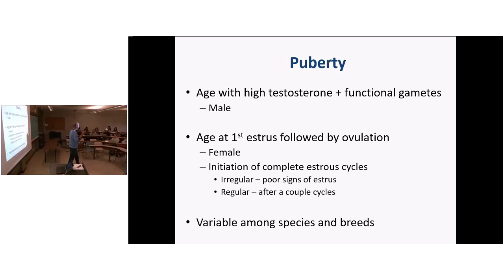Now, from a definition point of view, when you reach puberty, it means that's the time when you had the first ovulation followed by a complete estrous cycle. In the case of males, it was the time when you first produced mature, fertilizable sperm cells. That's the definition of puberty. And basically, it has to do with releasing the egg or producing a fertilizable sperm cell. That's basically what it is.